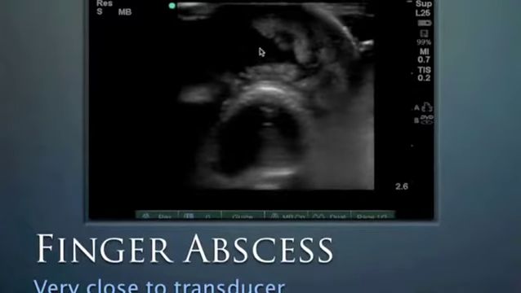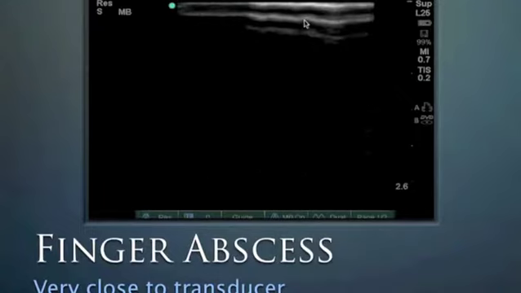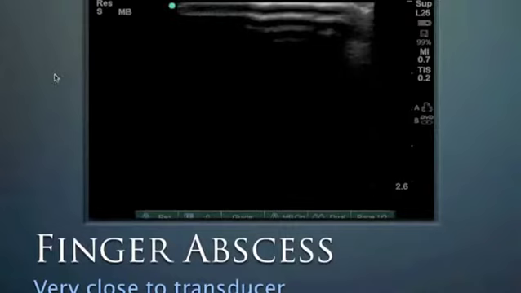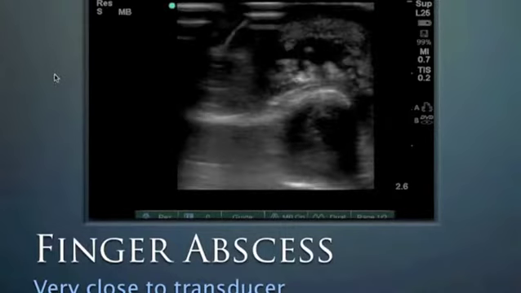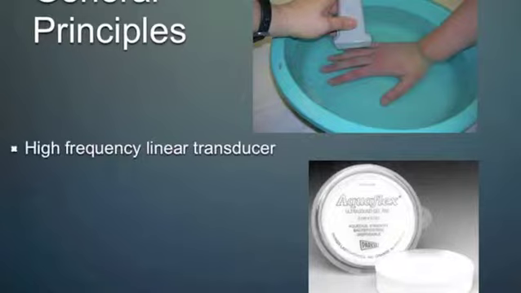Now, sometimes the structure is so close to the surface of the skin that it's hard to see, and actually we need to stand off a ways from a body part. And so what we see here is, using that high frequency linear transducer, we have a couple of options on a very superficial structure. We can dunk